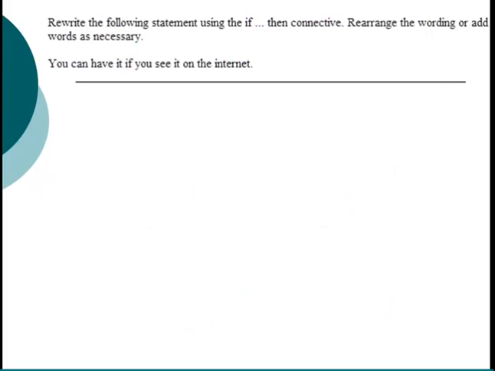Now, last, this is one that I stole as an example from your homework. It says that you're going to rewrite the statement using the if-then connective. All that means is write an if-then statement. So you're going to rearrange the wording or add words as necessary. So the nice thing about this is you already have an if. So that means what follows is, I can't draw straight apparently. You have if, and then this is the hypothesis. Okay?